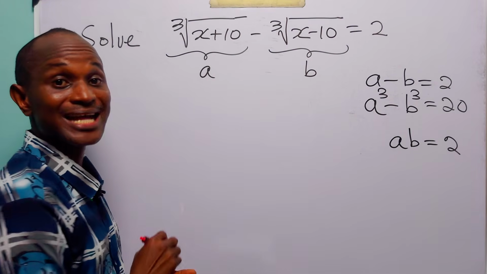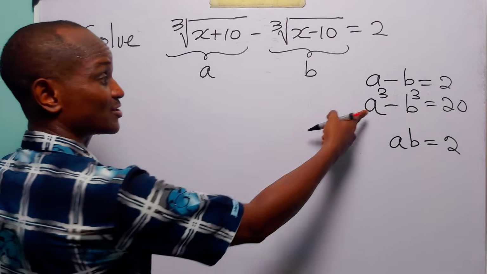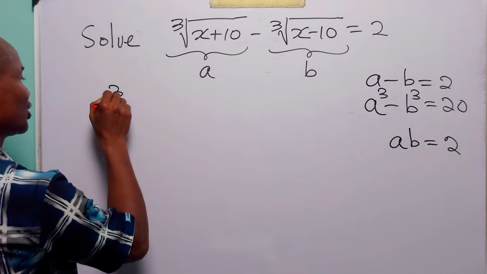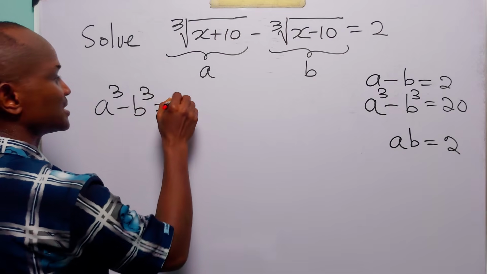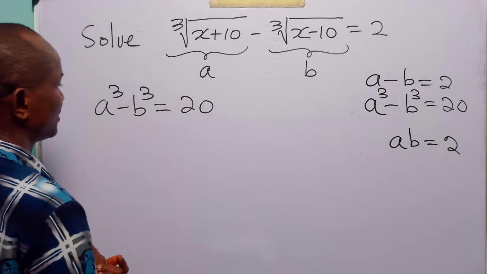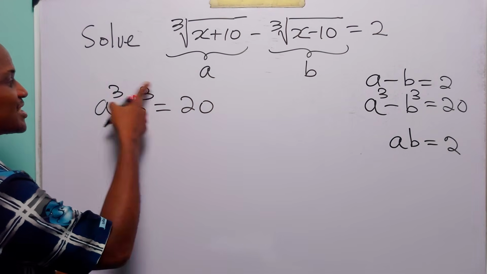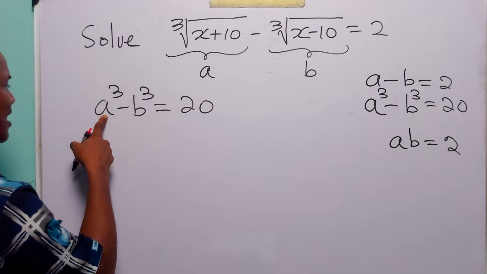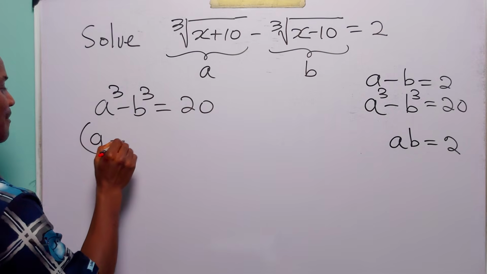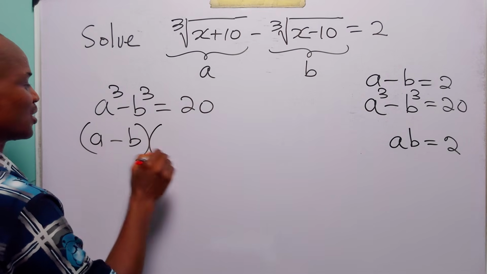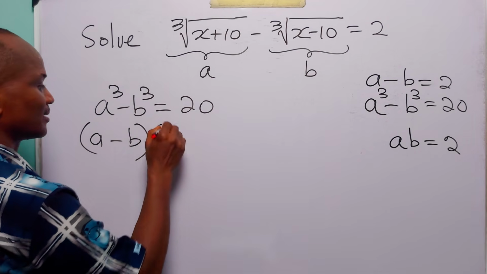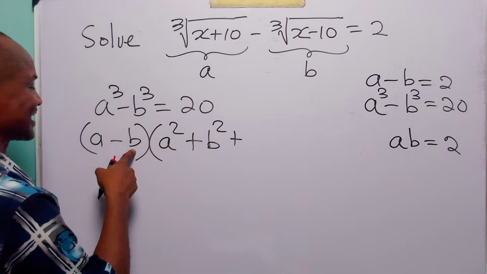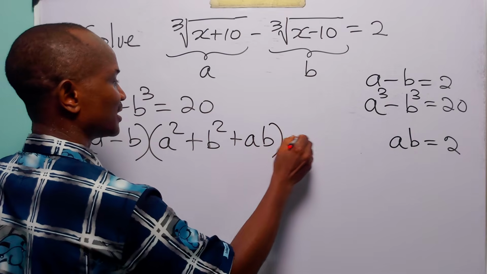Now, if you don't want to start with the first equation, you can also start with the second equation. Now, from here, we have that a cubed minus b cubed is equal to 20. Now, this is the difference of two cubes, and we can factorize that. When we factorize this, we have a minus b multiplied by a squared plus b squared plus a times b, that is ab,